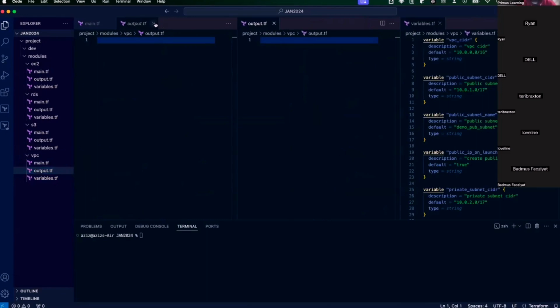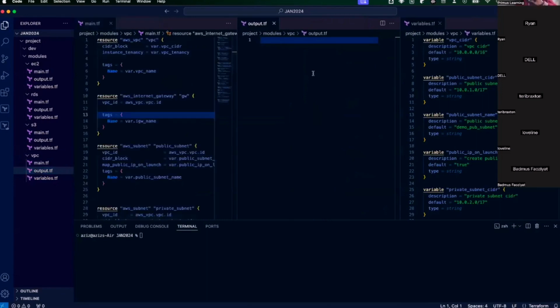Because the thing is, when you're going to be calling this module to be able to use it, if you never outputted a particular parameter, then there's no way you're going to be able to reference it and pass it to another module, right? So that is one thing that is important. If you want to be able to use a particular parameter in a submodule, then first you will need to